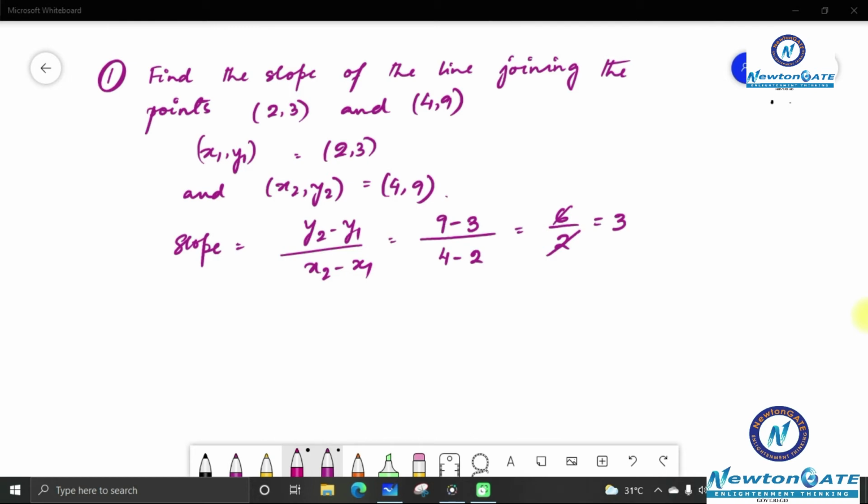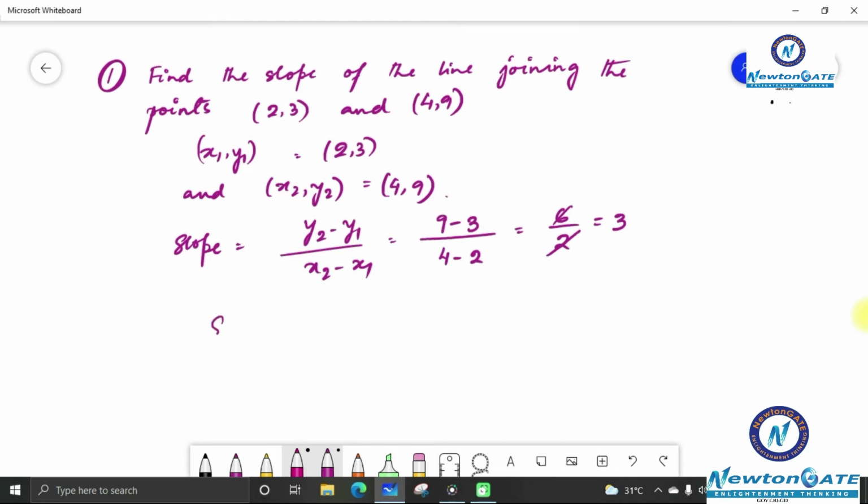And these are pretty simple. When any points on the line are given, all you have to do is recognize the 2 points given and find the slope using the formula. Now, if the points are not given, but an angle is given, then also you know slope is equal to tan of the angle of inclination, where theta is the angle of inclination.